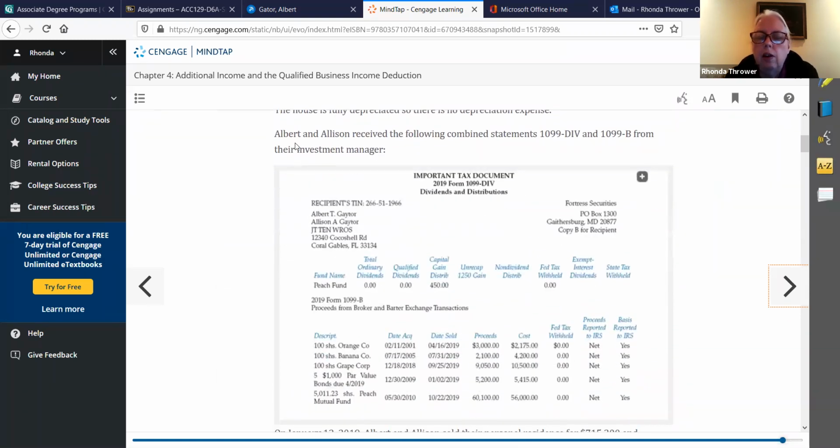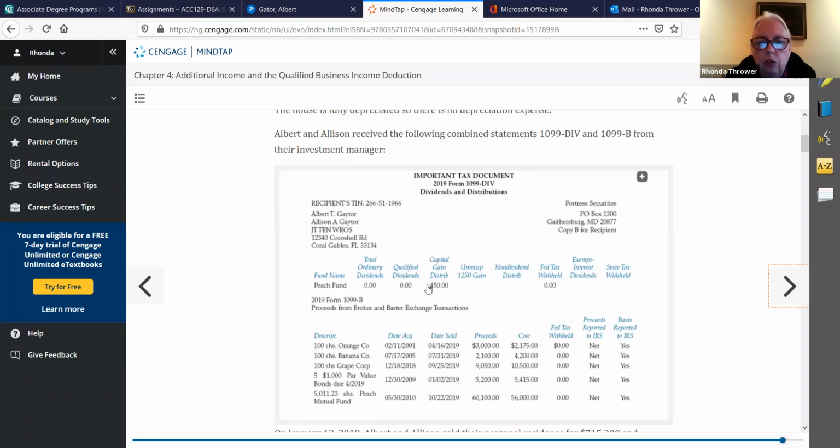And then it says Albert and Allison received the following combined statements. One of them is a 1099 dividend, and the other one is a 1099B from their investment manager. This is a tax document that they would have received off of the investments that they've made for the year. And notice here on this first one, this is the Peach Fund, and they have given you a